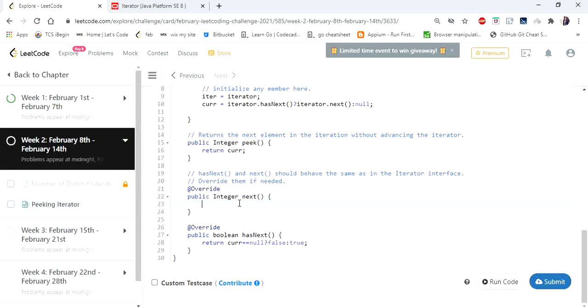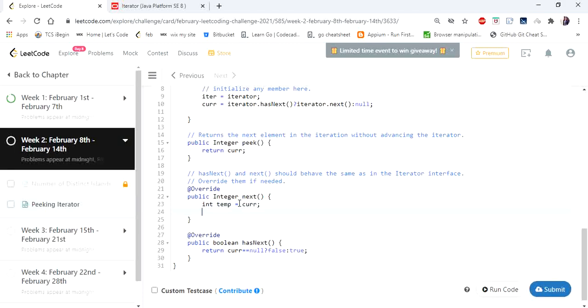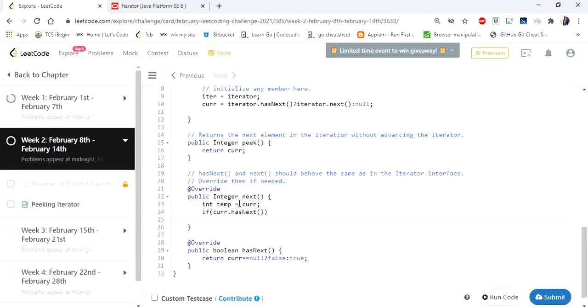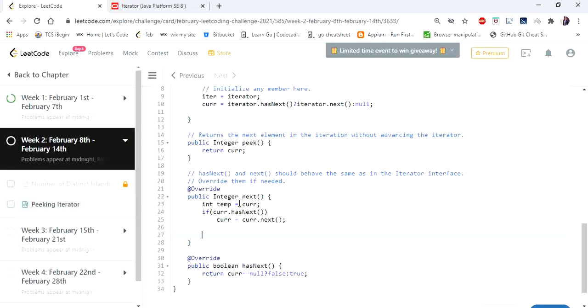What does the next method do? It will return the value and move the pointer to the next element. In that case, before moving, we assign the value to a temporary variable. So we are assigning current to temp, and if the iterator hasNext, then we move current to iterator.next, and finally return temp.